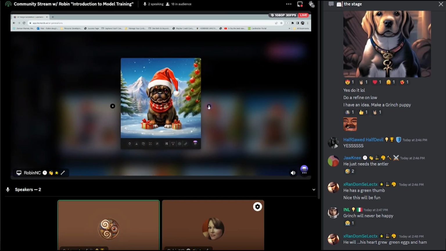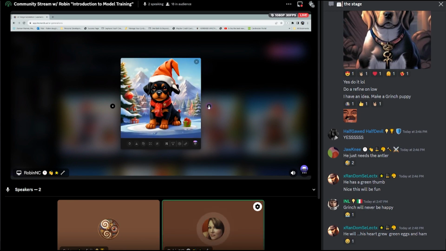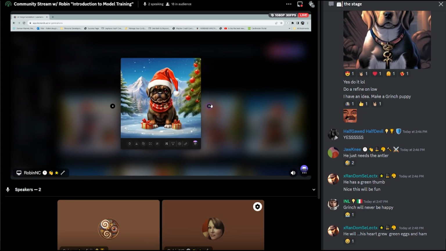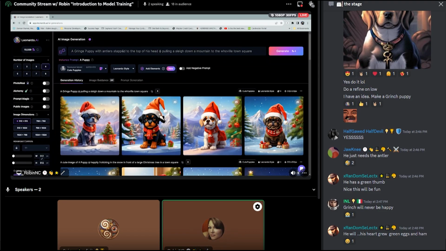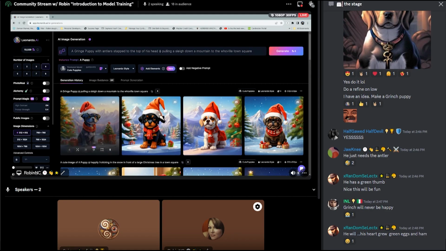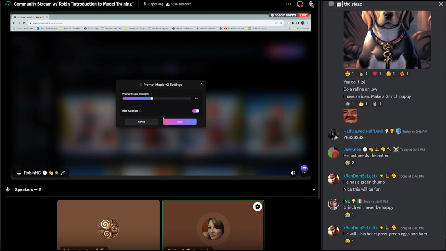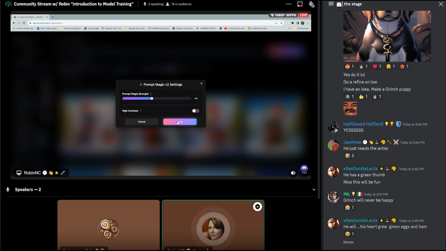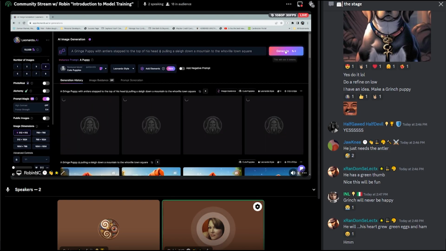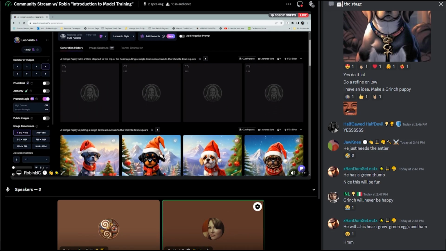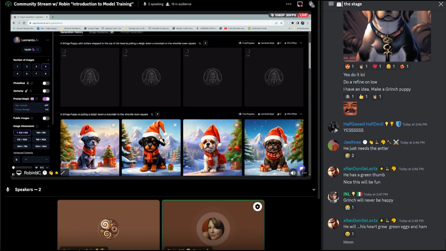Didn't quite make it, but that's okay. We've got antlers strapped to his head now. We're going to turn on some prompt magic, see if that does it. We're going to turn the high contrast off and roll another one. And then we'll go with alchemy and see if it starts giving us some outputs